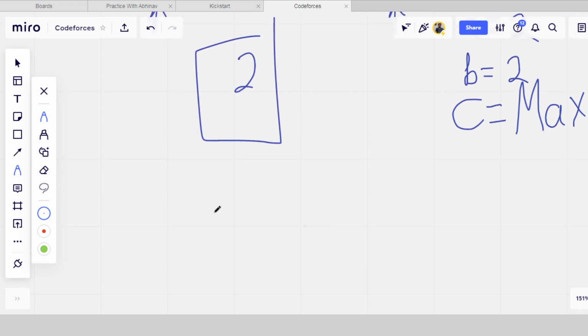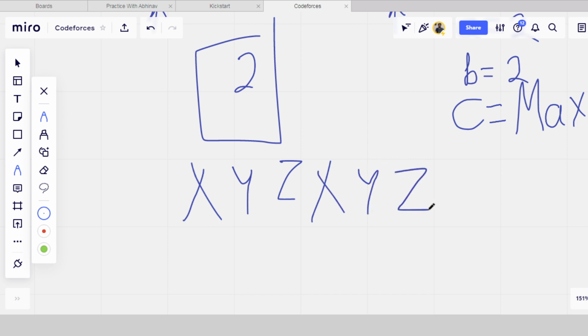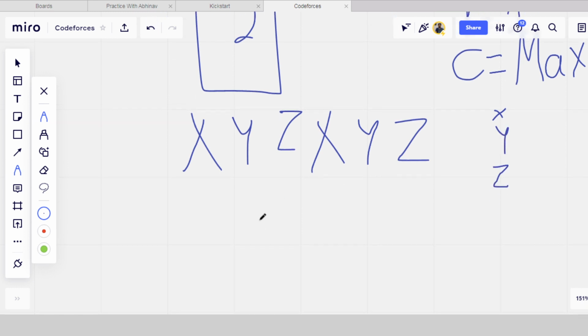Okay, for example, in this one, X, Y and Z, this was a test case. The answer was -1. The characters present are X, Y and Z. First of all, we will check for X. When we check for X, here it is X, here it is Z. It will check, so it will erase X, then come to the Y.